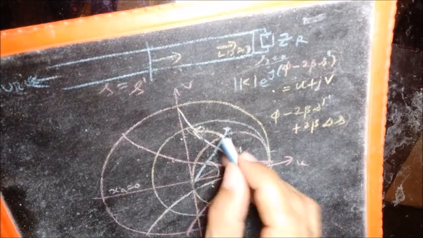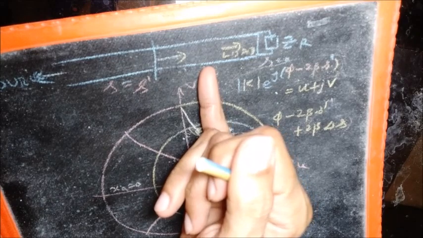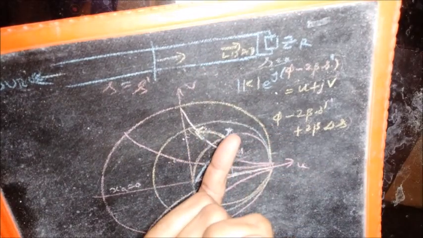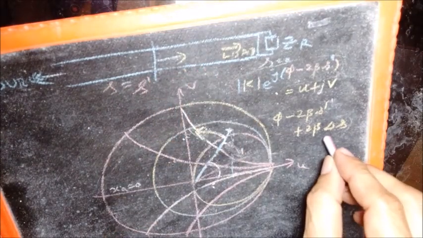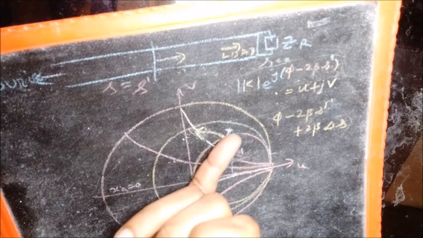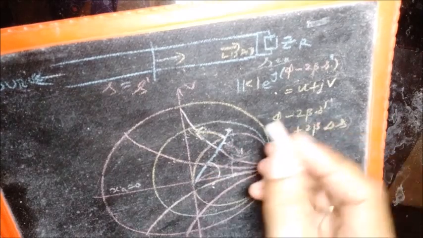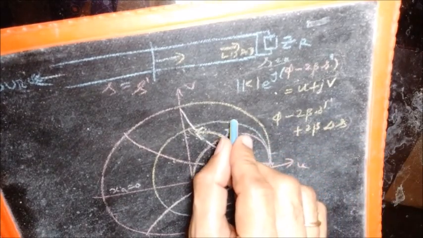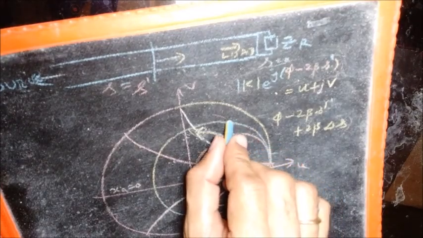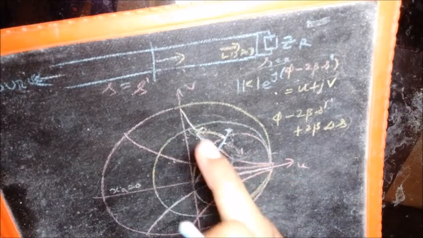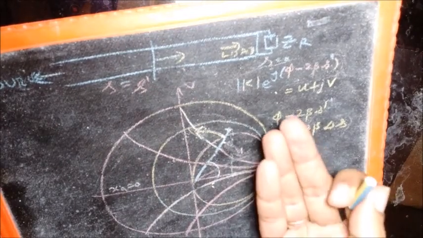So this is one of the important observations: as you move towards the load, you tend to move on the Smith chart in the counterclockwise direction, because the phase angle increases, and the angle increases this way. The corollary is that if you are moving this way on the Smith chart, we'll see exactly when we move on the Smith chart while doing examples, you are actually mimicking a movement towards the load on the actual transmission line.